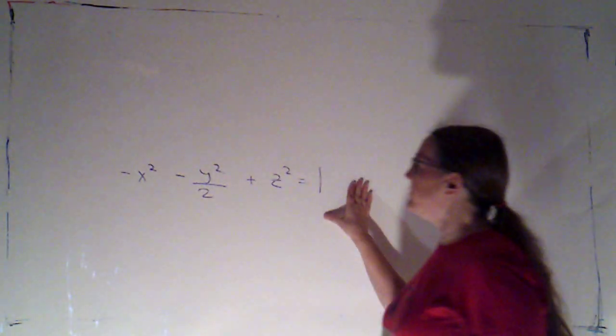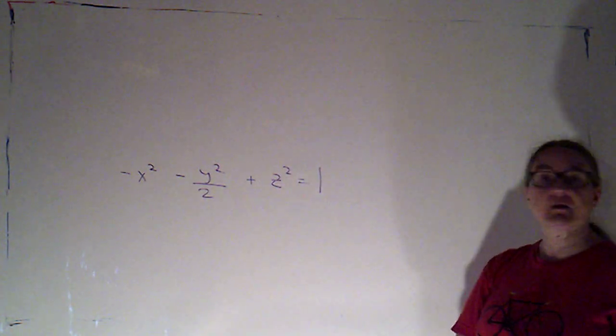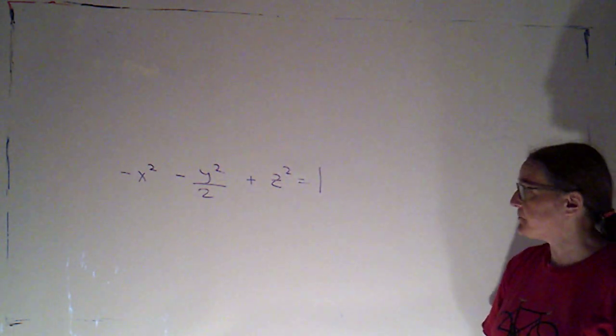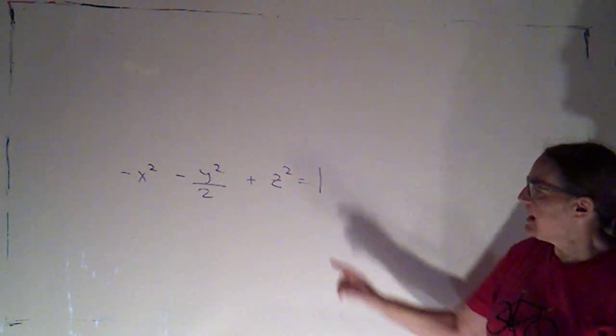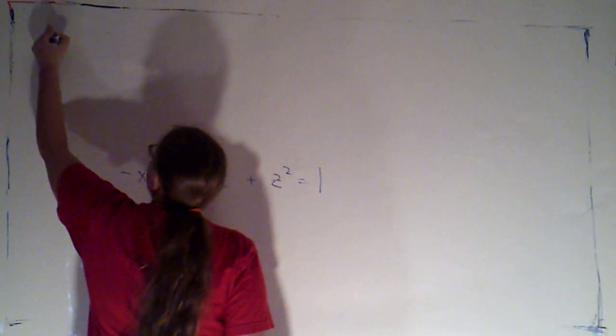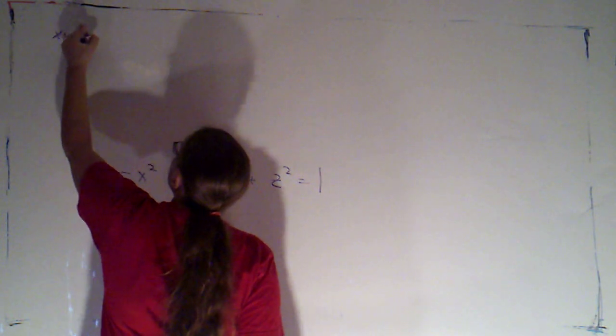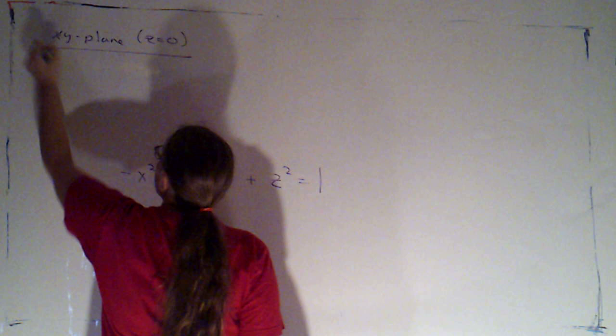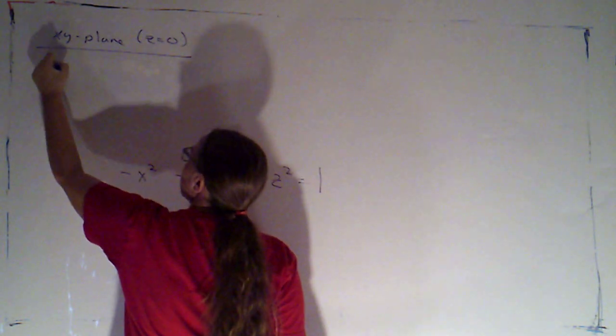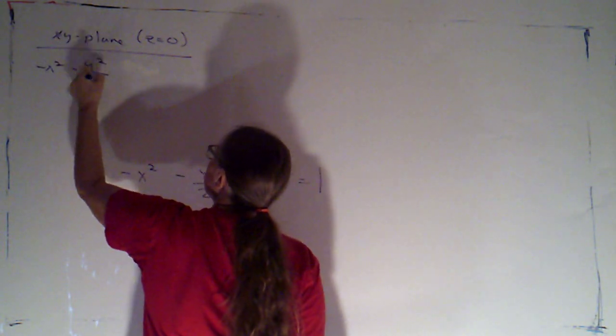I've got an equation for another quadric surface up here on the board. Again, we can see that this one is centered at the origin. So let's just look at the trace in each of the coordinate planes. If I started in the xy plane, which has as its equation z equals 0, I'm going to get negative x squared minus y squared over 2